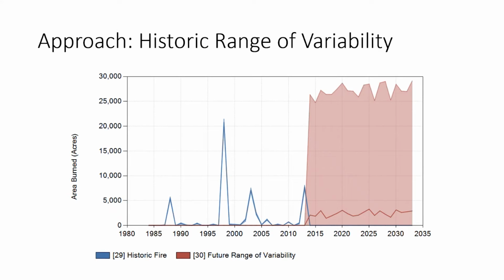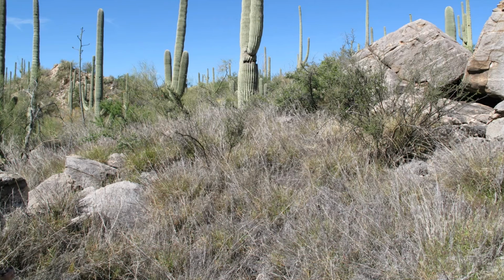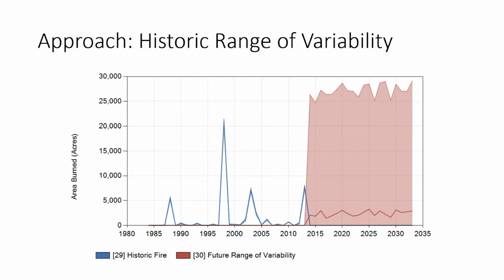So typically, when we look at modeling fire and doing projections in SDSIM, and we covered this in my class yesterday, the idea is to look at historic patterns and try to characterize the historic variability in something that is uncertain, like how much fire there's going to be, and incorporate that uncertainty into the future. But here we have a situation, if I go back to the previous slide, where there is no historic analog for this situation. We have no historic data for being able to do this. And so,